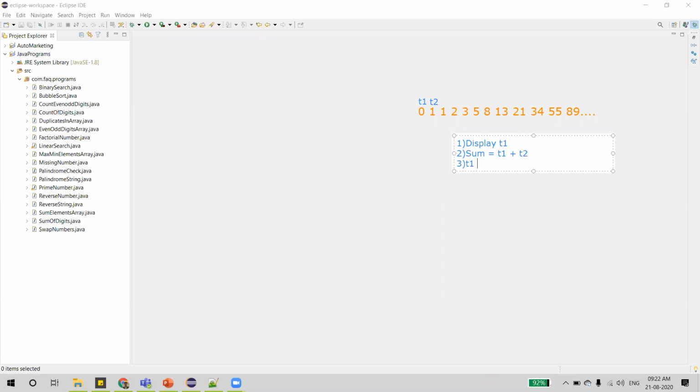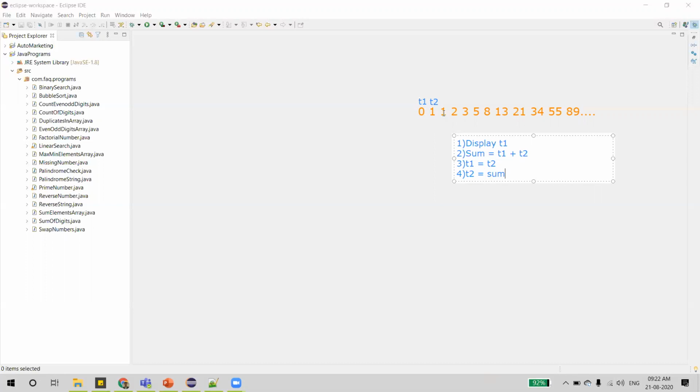Then we'll assign T2 to T1, as in the next iteration we wanted to display T1. So we'll take the T2 value and assign it to T1, and then T2 will have the sum which we calculated in step 2. Now let's actually look into how it works.